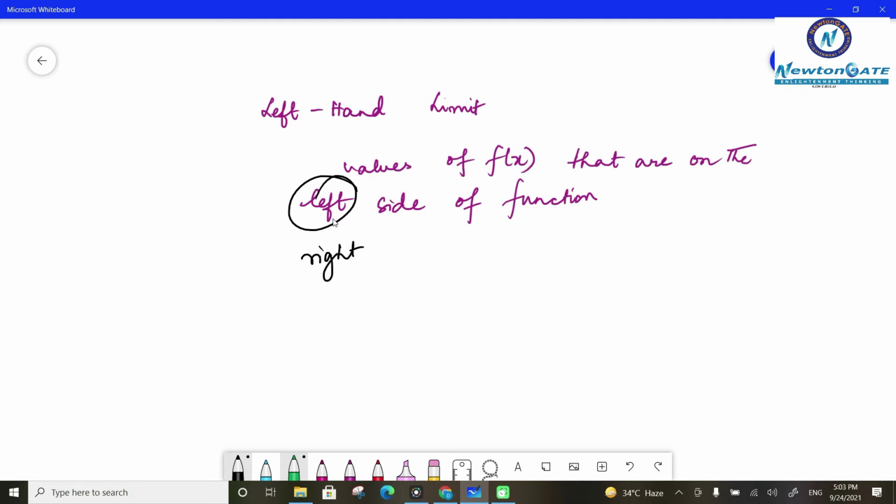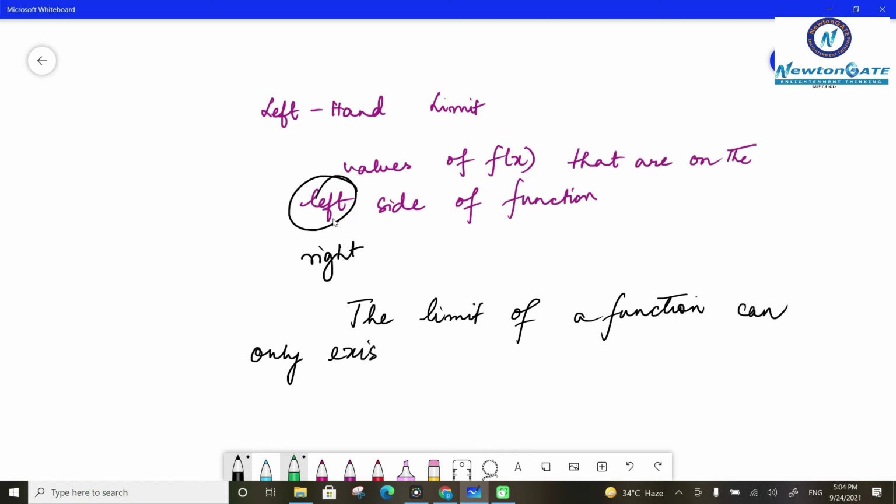Now, left hand limit, right hand limit, why do we need to know? Because now comes the most important note or trick, an important thing to learn: the limit of a function can only exist if, and again if stands for if and only if,